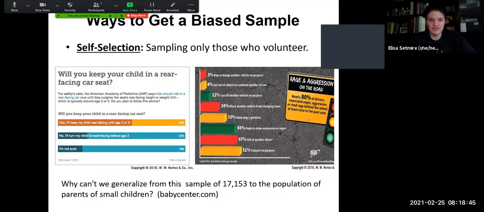Another one that we might do is something called self-selection, only sampling those who volunteered. Now, sometimes it gets tricky to get people to volunteer for research and for experiments. There's a lot of reasons why someone might not. But if we only sample people who are eager to participate or who volunteer, we're going to end up with a bias, right? So only sampling those who volunteer, who are willing to participate, will give us a self-selection bias. That's another way that we can get very unrepresentative data.